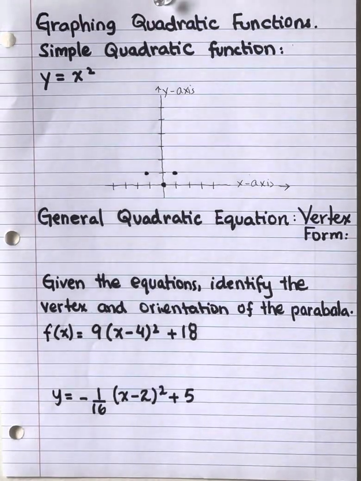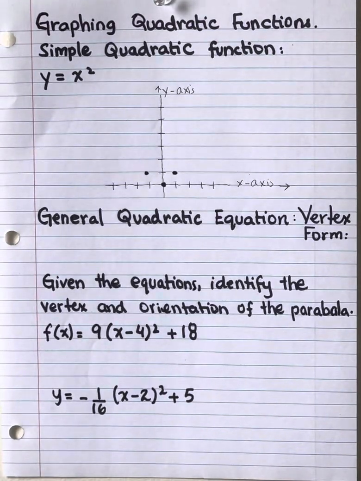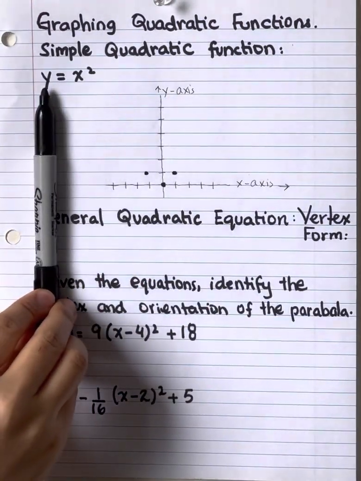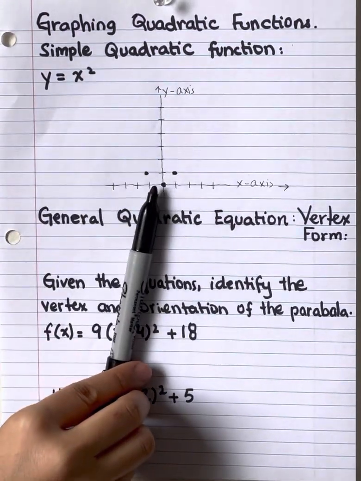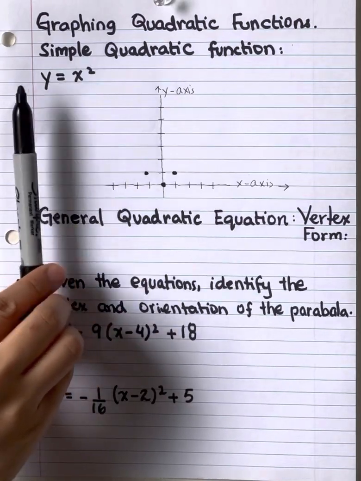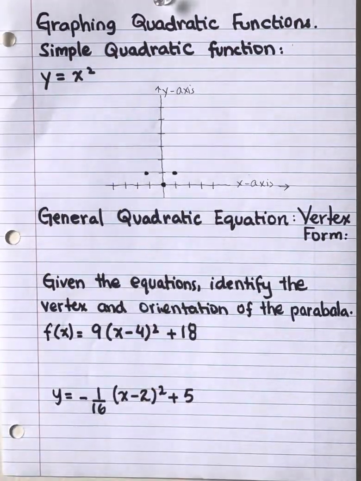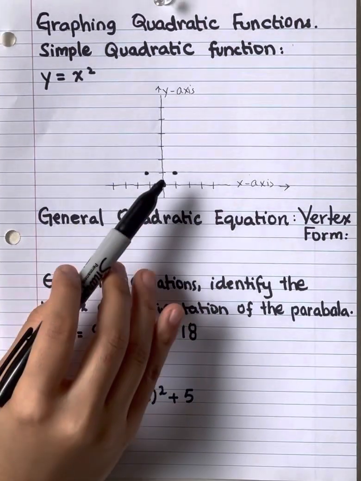Hi, in this video we are going to talk about the components needed to graph a quadratic function. A simple quadratic function looks like this: y is equal to x squared. When we graph the simple quadratic function, it's going to look something like this, where the vertex is 0,